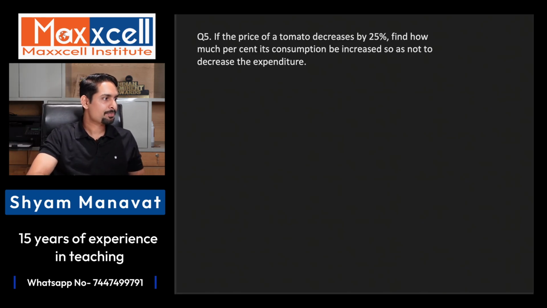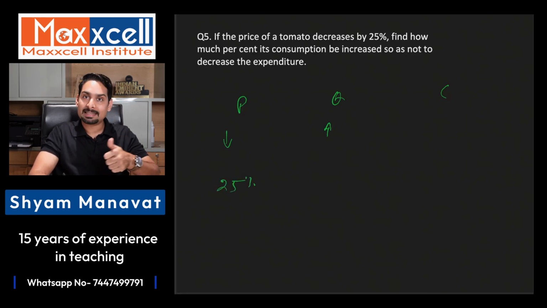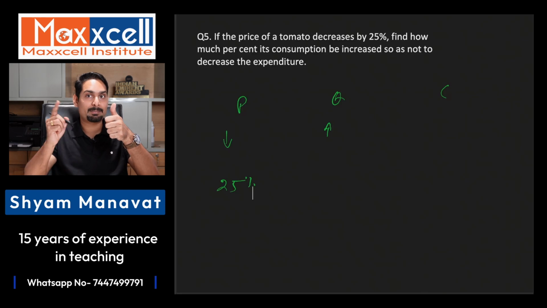Here we have, if the price of the tomato decreases by 25%, what is the consumption increase? अरे ये तो फिर से सेम क्वेश्चन हो गया. ये तो बहुत ही ईजी वाला क्वेश्चन है. प्राइस में यहाँ पे डिक्रीज दिया है, क्वांटिटी में इंक्रीज फाइंड करना है. So that the consumption remains constant, the expenses remain constant. Decrease is given to be 25%. So increase 25% is part of the fraction